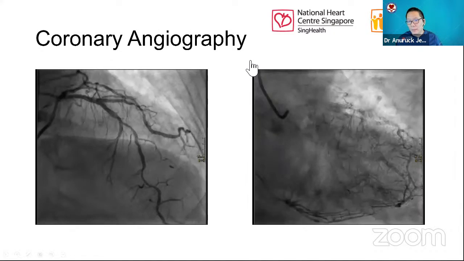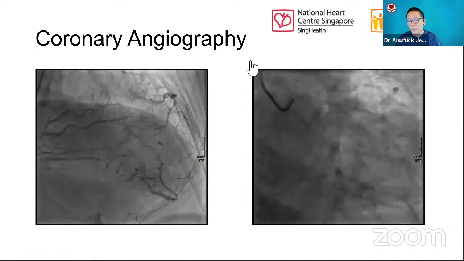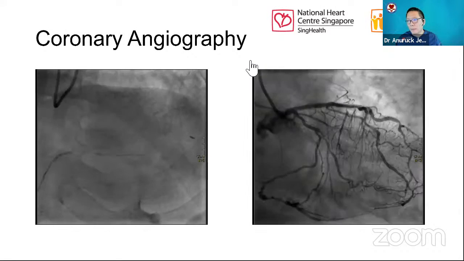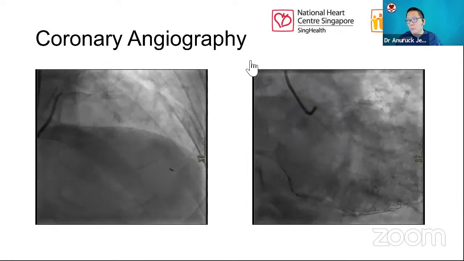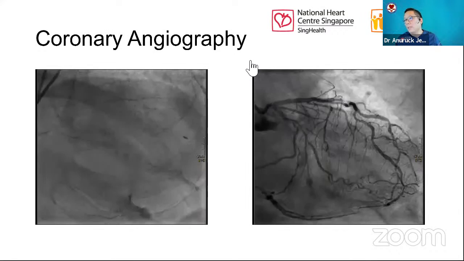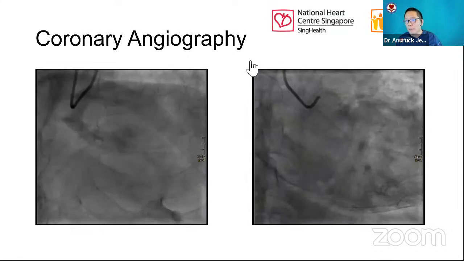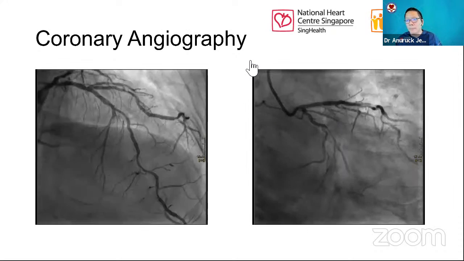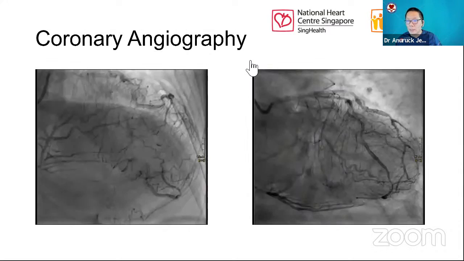The problem is these tortuous and heavily calcified vessels may cause the OCT catheter to not pass because of poor support due to the short monorail system. Maybe we have to do something first and check after, do the rotational atherectomy or the orbital atherectomy and see